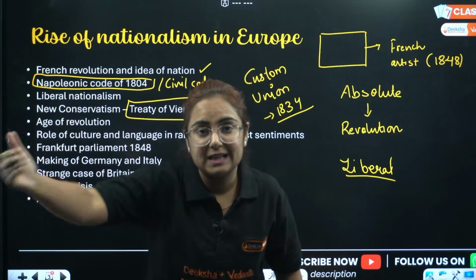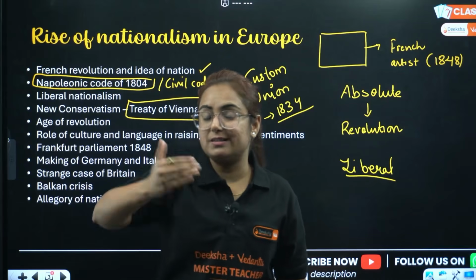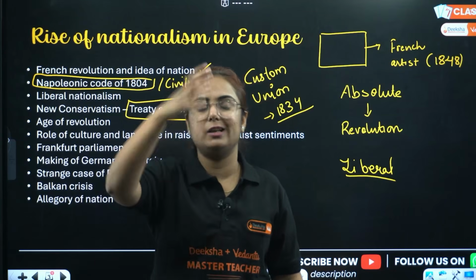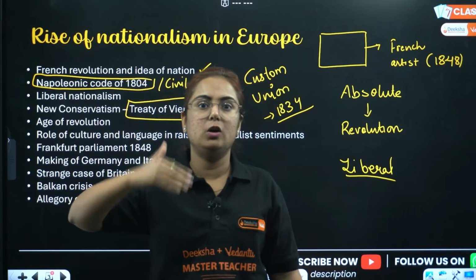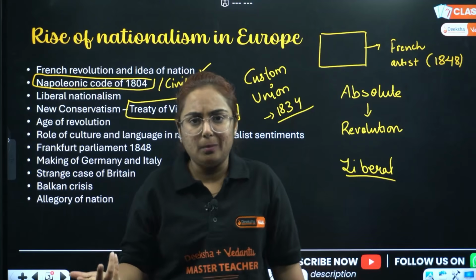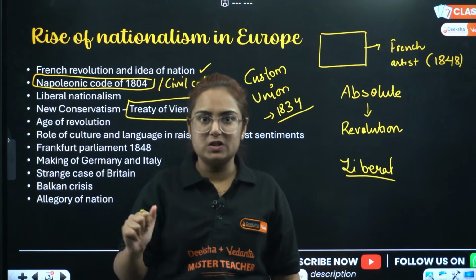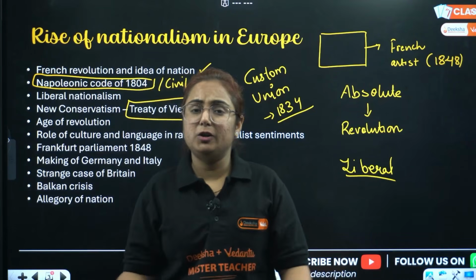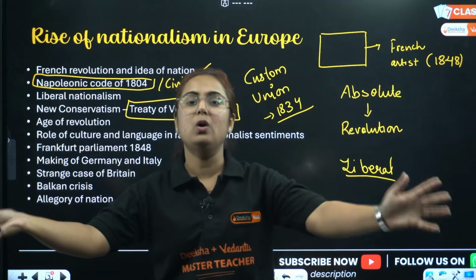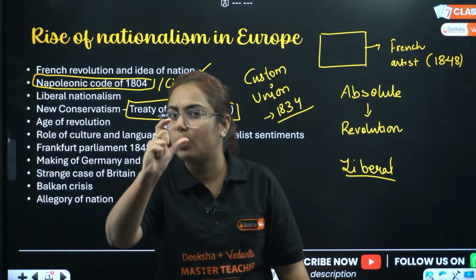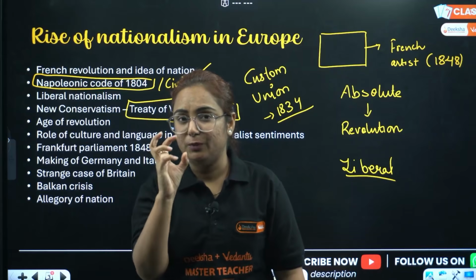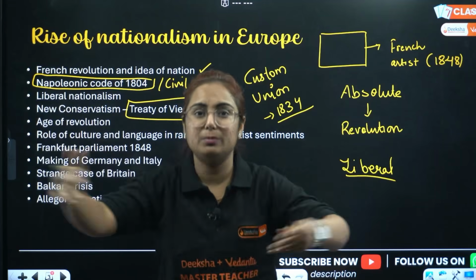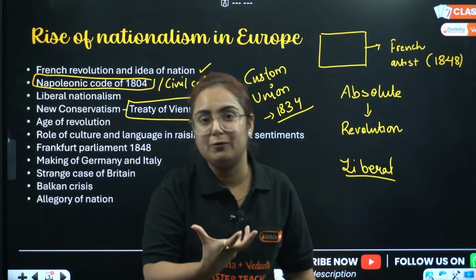There are multiple currencies in each state. Now it is a hindrance for the movement of goods and capital. Along with the currencies, there are multiple weights and measures. Every time we have to weigh the goods and measure the product. That is a problem. So currency was reduced from 30 to 2. A common weight and measure was established, and transport and communication was improved. This was done to economically unify a nation, and somewhere the word unification is going to come. Unification is coming economically, and this is how we will see how Germany was unified from economics to politics. This was the first brick of the house.